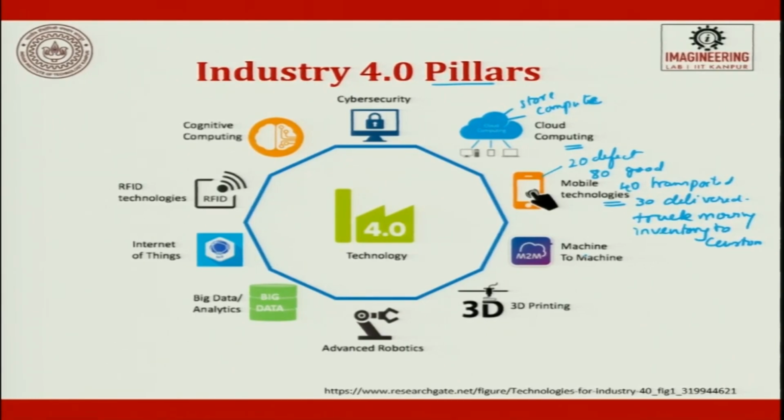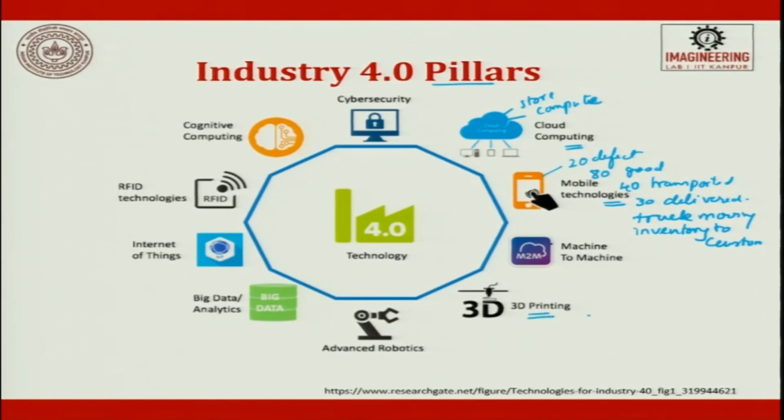Now, when machine to machine learning happens, it quickly says, okay, this is the raw material you have, this is what you have to print, this is the size of my work volume and this is the part size. Can I split it up into two parts? Then if I split it up into two parts, how do I make it? How do I assemble it? So, machine to machine learning.